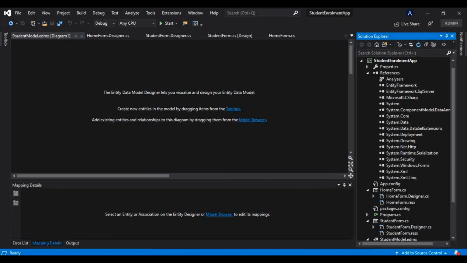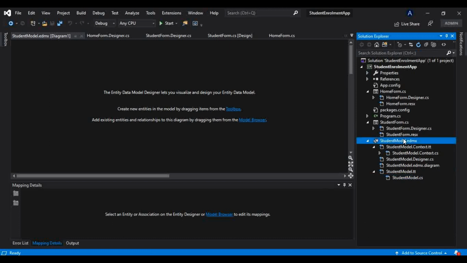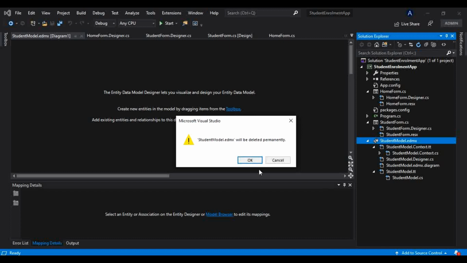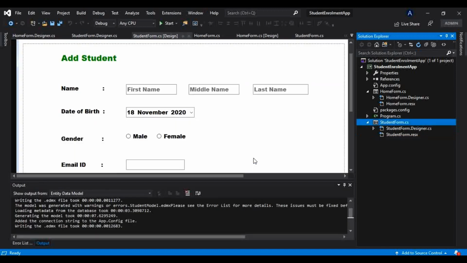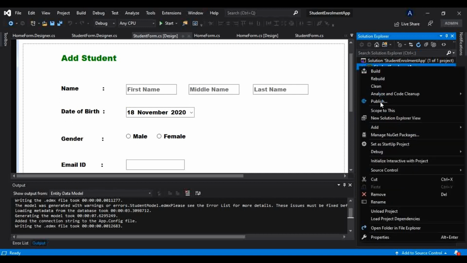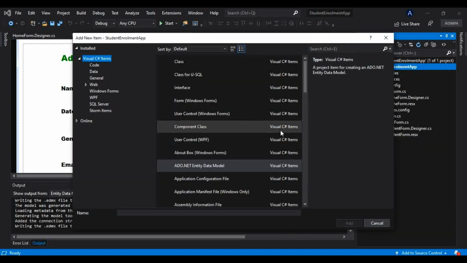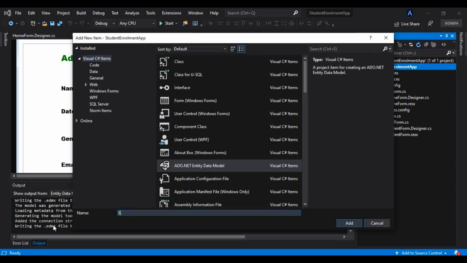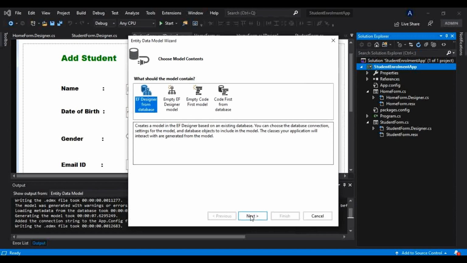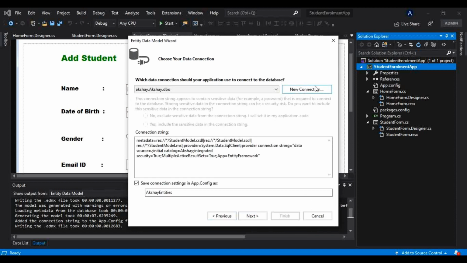And now what I will do, I will just delete this from here, that is whatever EDMX file was generated, and I will explain everything in a bit, so don't worry about that. I will just quickly add the ADO.NET entity data model, that is, to the new item ADO.NET entity data model. I will name that student model, and I will add that database first approach and go to new connection.